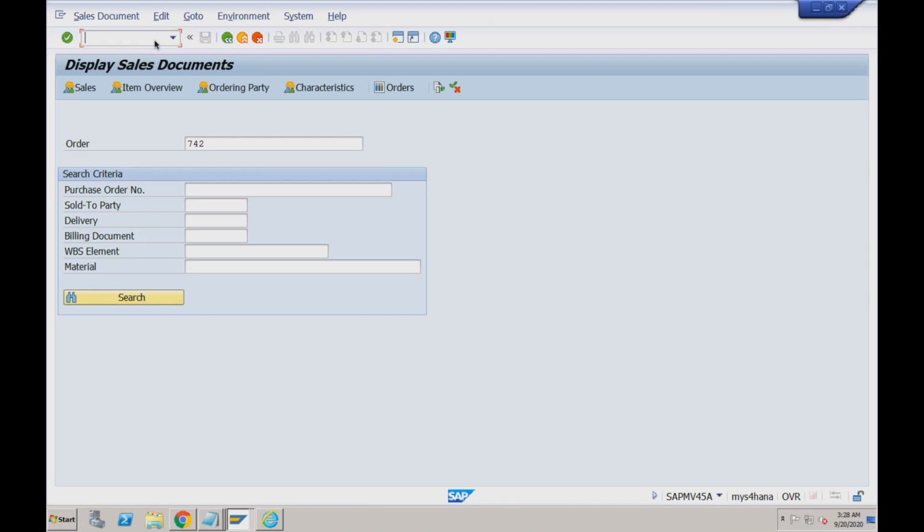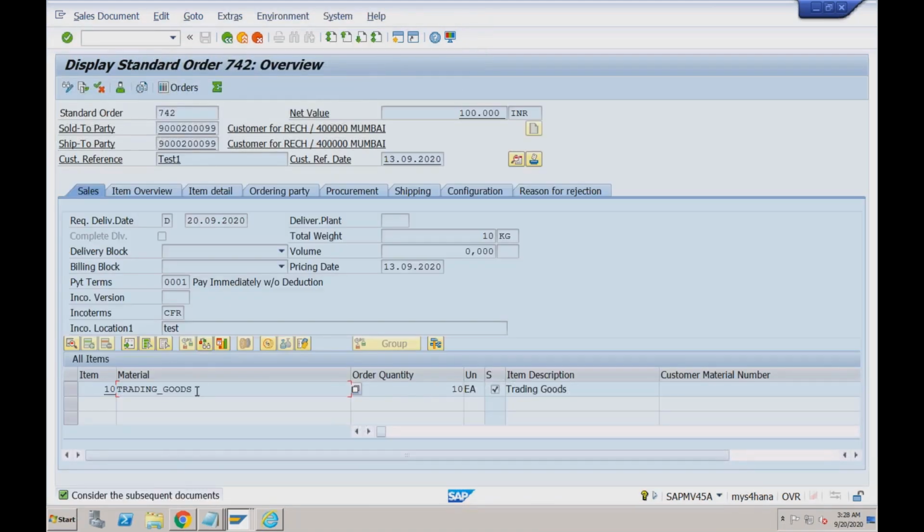Are you sharing your screen now? No. You want me to share? No need, it's okay. Let me do this. So let's say you are my customer. I entered your customer ID here. You gave me a PO, I entered your PO number and your PO date. Whatever payment terms we agreed, whatever the freight charges we agreed, I will enter all those things here. Even in the conditions, I will